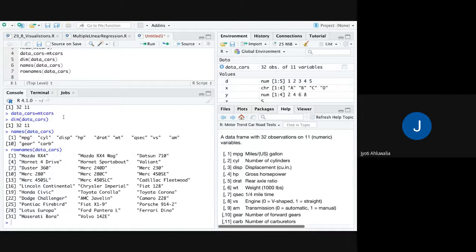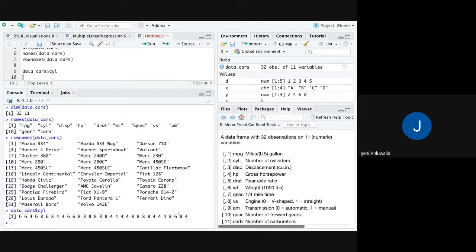Now, if I want to list only one column, how do I do it? I say data_cars dollar CYL. When I say dollar, you see a list of all the columns. You see here, all the 11 columns are listed. So if I say CYL, only this column gets listed, right?